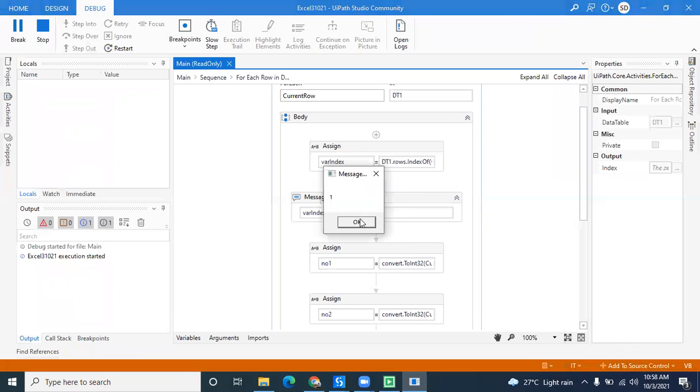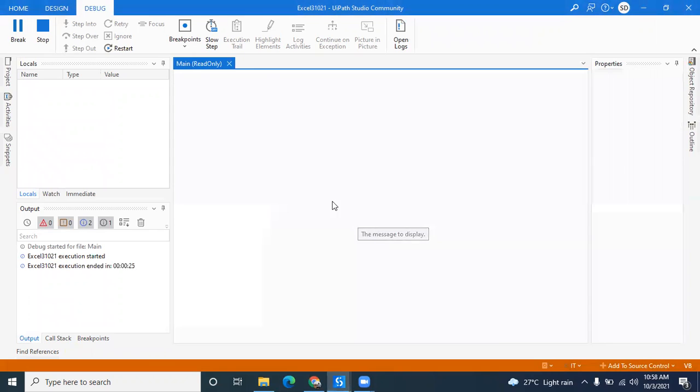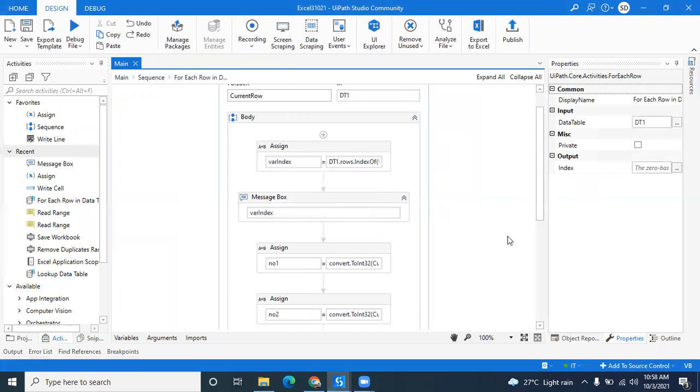Actually, some value is coming there. Third one is 2. Understood what is happening there? Yes, it is giving the row number index. Right, row index. Okay. So now most of the logic is completed. We found our index.